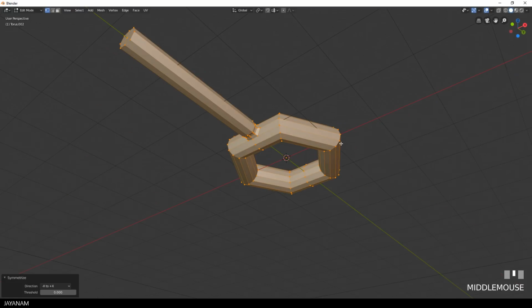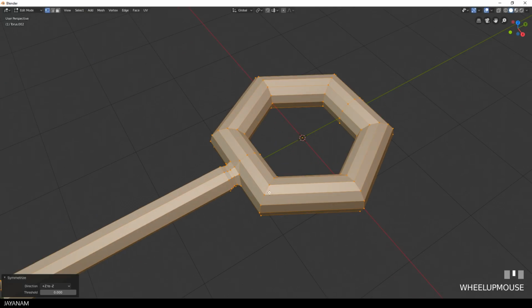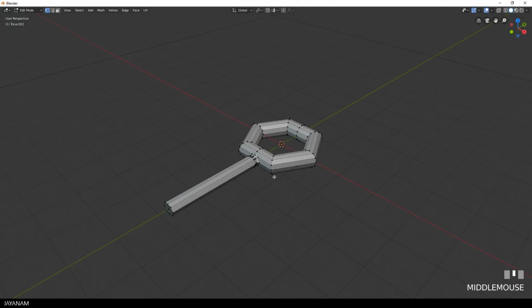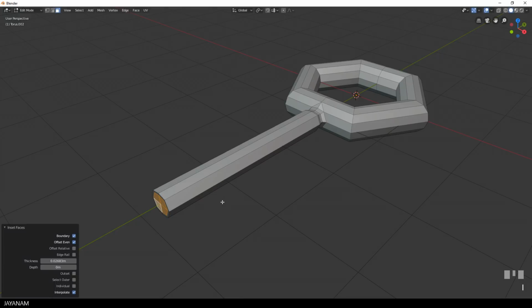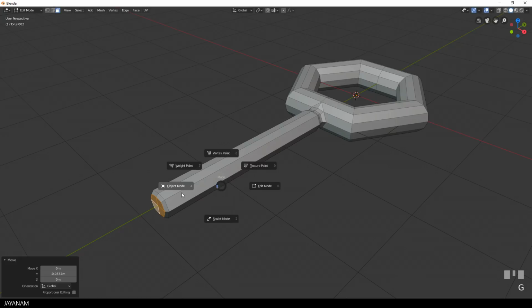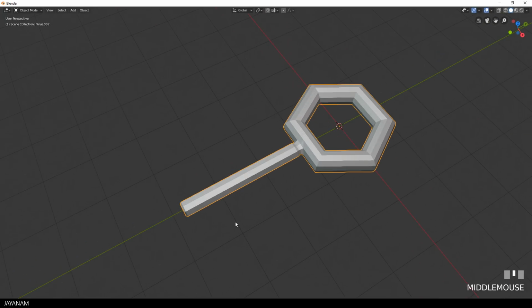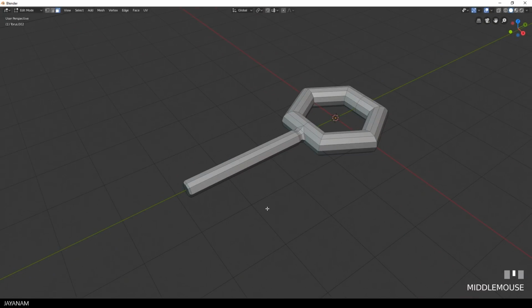I symmetrize the model again, but this time for the Z axis. For the part here at the front, I select these faces, inset them by pressing the I key, and then I move them a bit in negative Y direction, press G and then the Y key for this. I think I will make this part a bit longer as well,